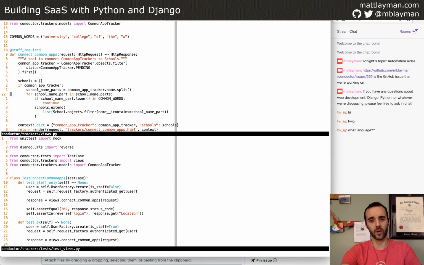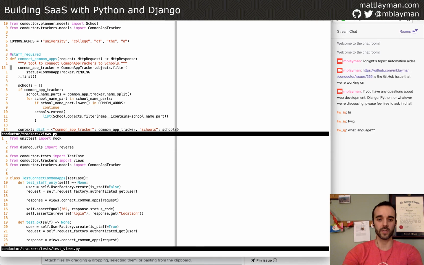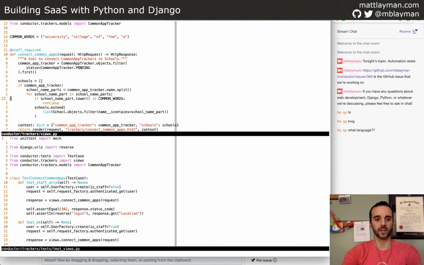And what we need the code to do as the second half of this is, if I'm the user of this tool, I want to be able to find the school that matches and say, yeah, that's the one, and click it and have the data sent back to my server and take the identifiers and then link them together. And we're going to do this all in the same view because it's a convenient way to go.